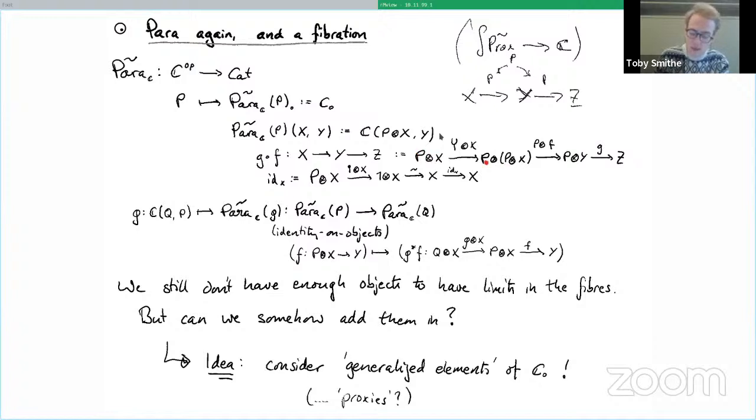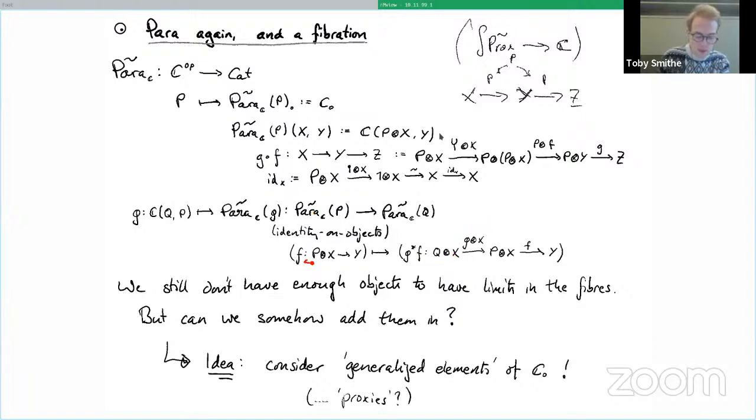We copy the parameter, and then we apply the parameter once for F, and then a second time for G. And then the identity is given just by throwing away the parameter object. This is indeed functorial because it acts on morphisms by precomposition along the parameter. So I sort of pull back.